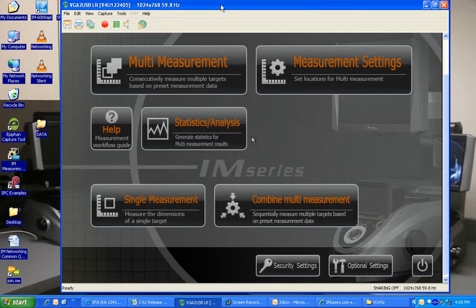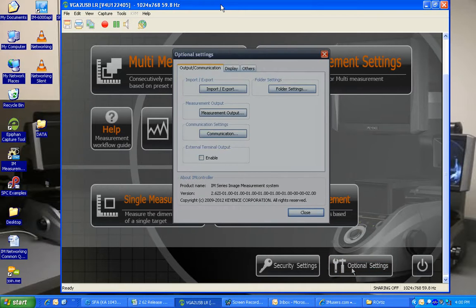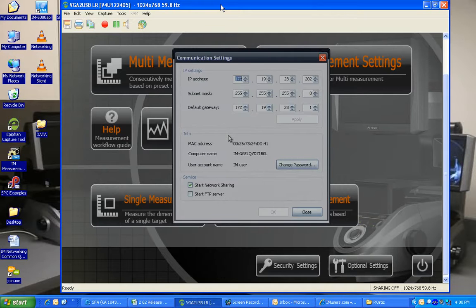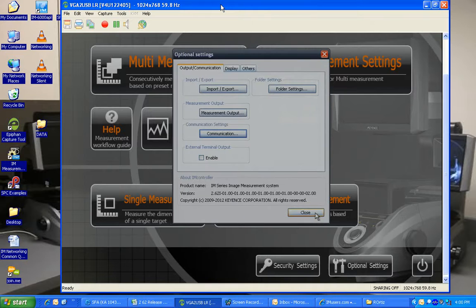So in this window you can actually see my IM itself. I'm just actually using a video capture card to pull it in. So we're going to come into my IM, come down to optional settings, and from my optional settings we need to double check our communications. So make sure we go into the communications, make sure we have that IP address put in there, and that we've got the default gateway thrown in, and make sure that start network sharing is selected. But once that's set up, we're going to go to folder settings,